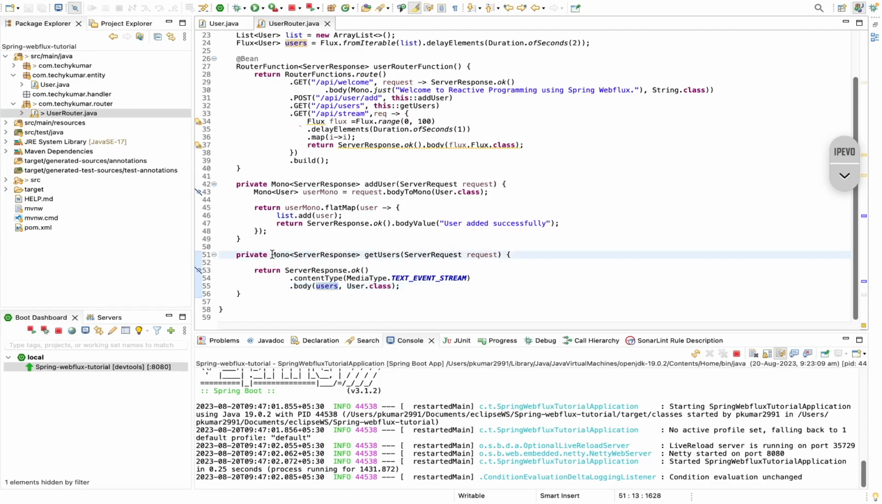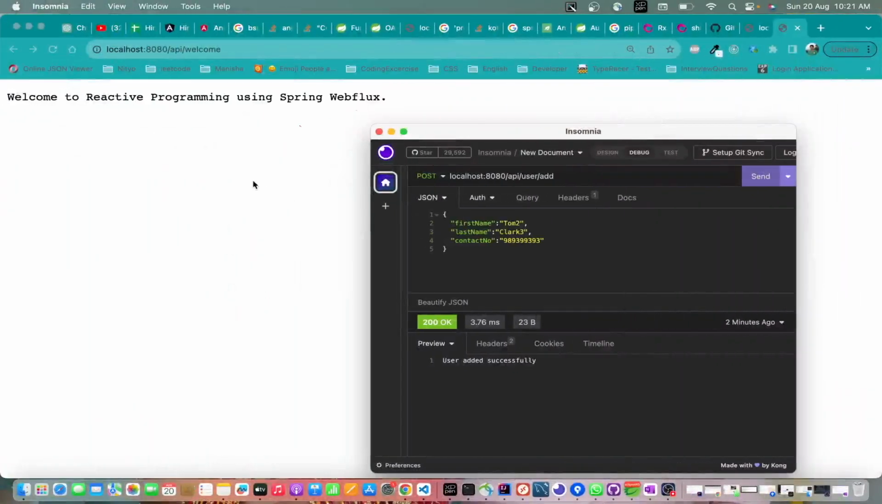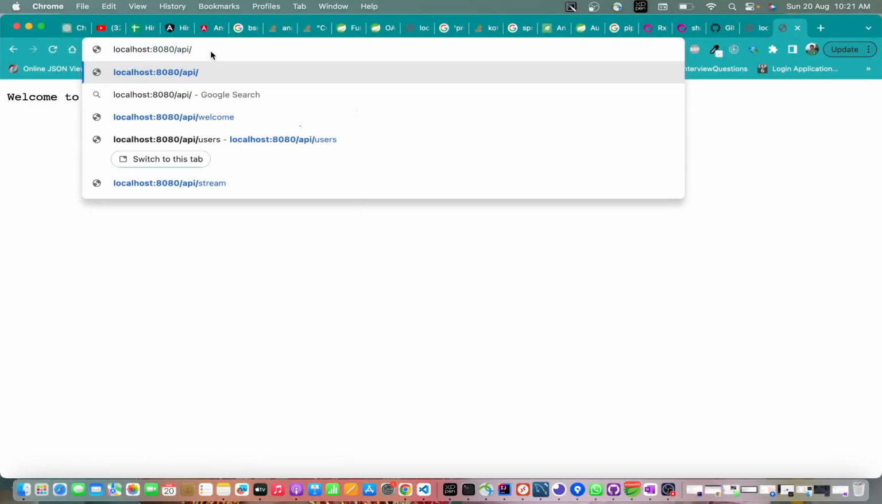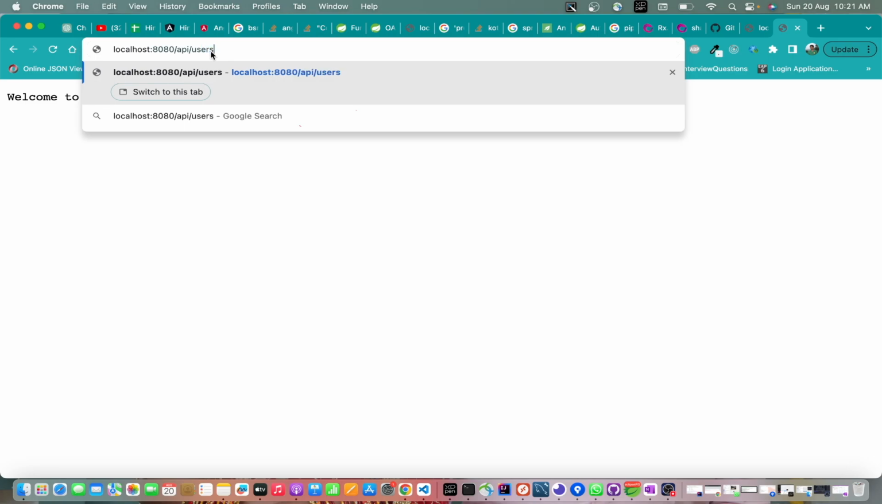So when we are returning mono, it means that we are returning one response, but that response will have flux as data. Okay, here also I'm returning a single response, but that response is having a single data, that is mono. That's the thing. So now let's test this. If I go here and instead of welcome, I type users and hit enter,